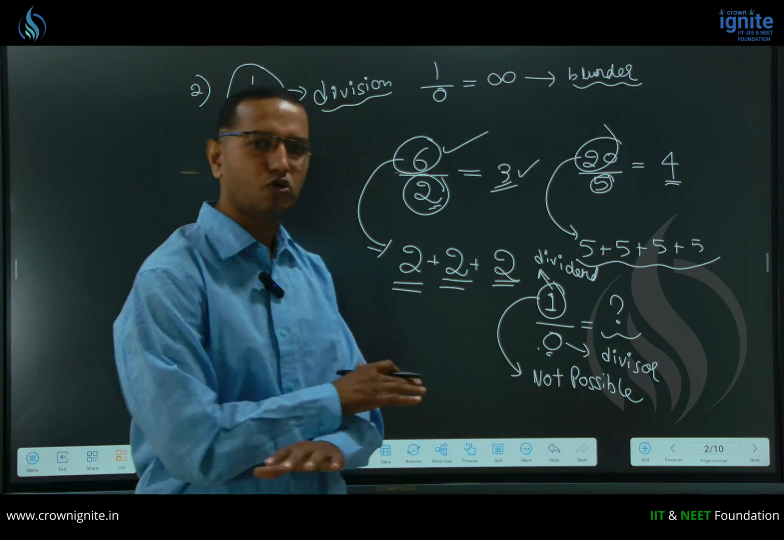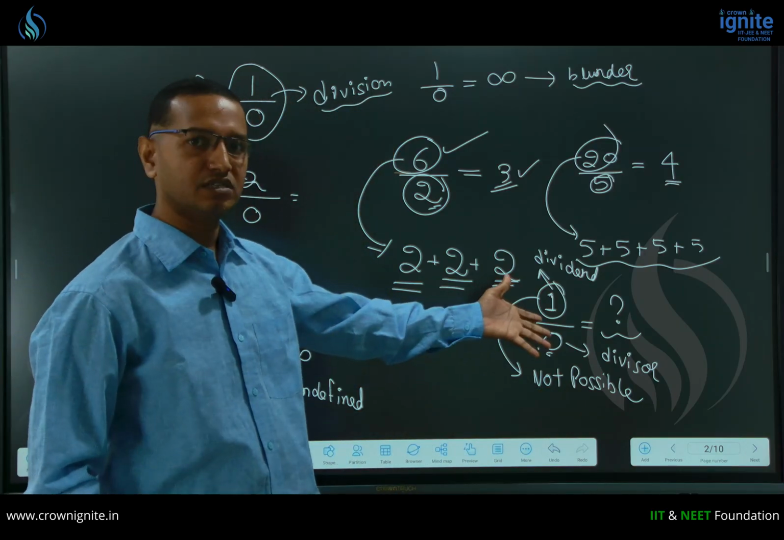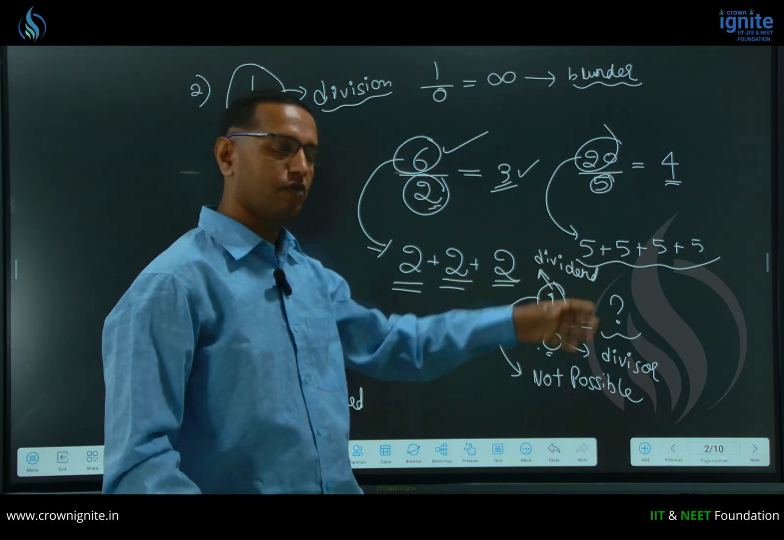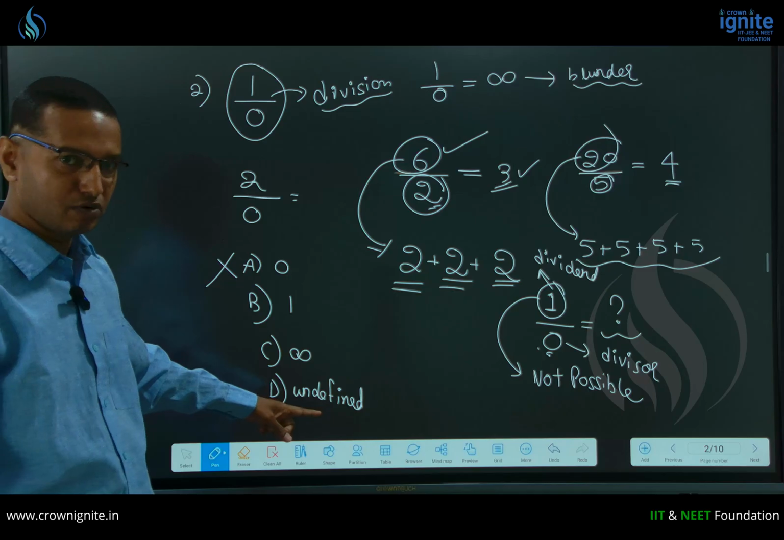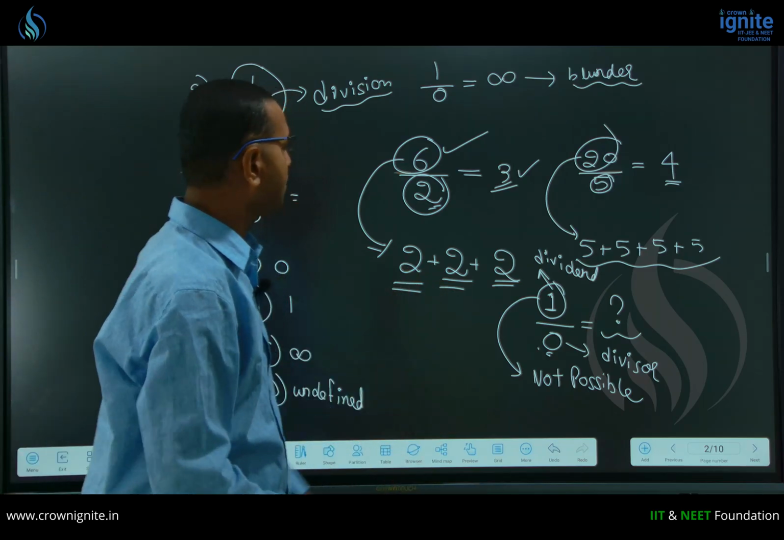You don't get 0, you don't get 1. Then what is the answer? There is no answer first of all for this 1 by 0. So we simply call it undefined. Remember this. If you want to see the other sense, so what I will do is,